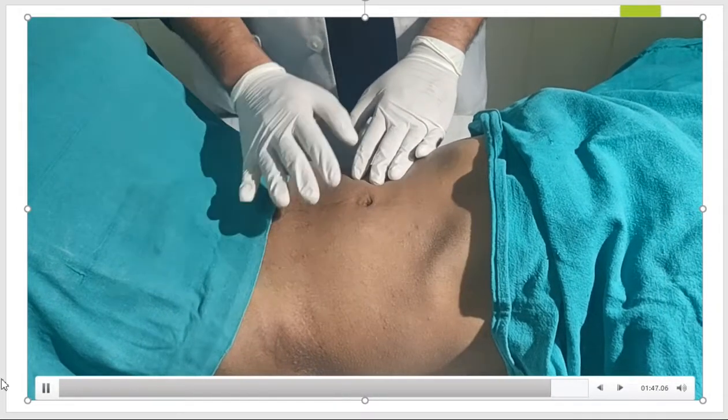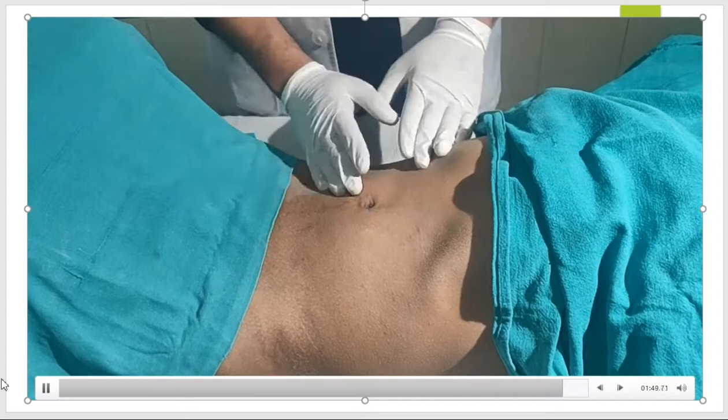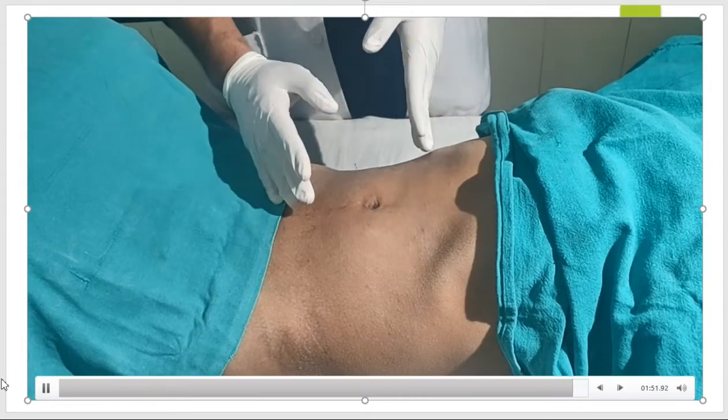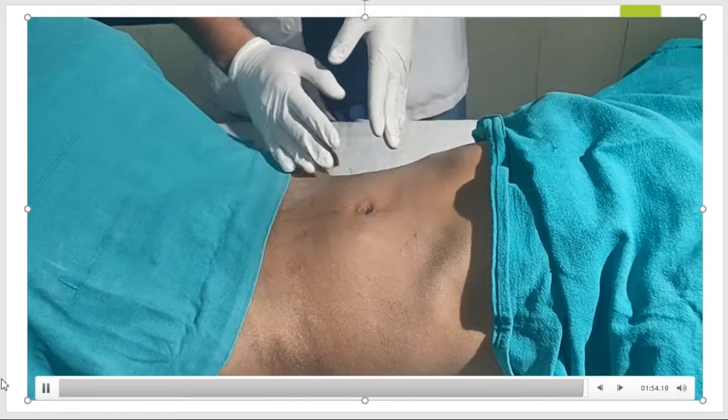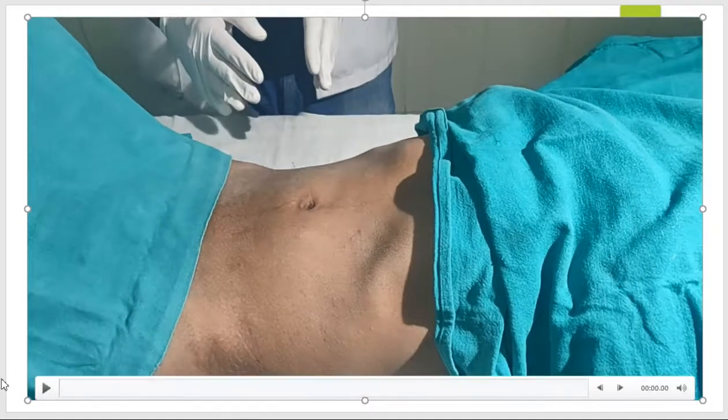These are the main differences on palpation of a kidney and a splenic mass, and they can be differentiated on examination as well. Okay, fine. Now in this video we have seen videos of different methods of examining the liver, the hepatic span, the spleen, various methods, and how to differentiate a kidney lump from the spleen.